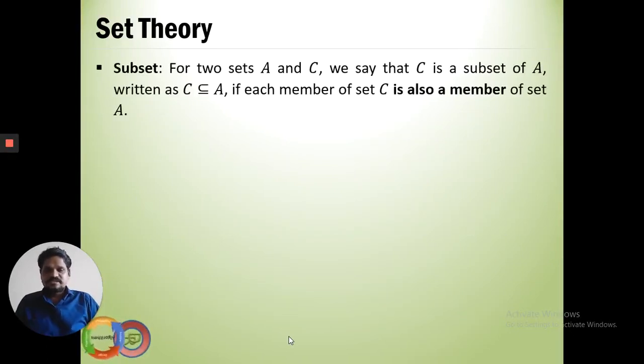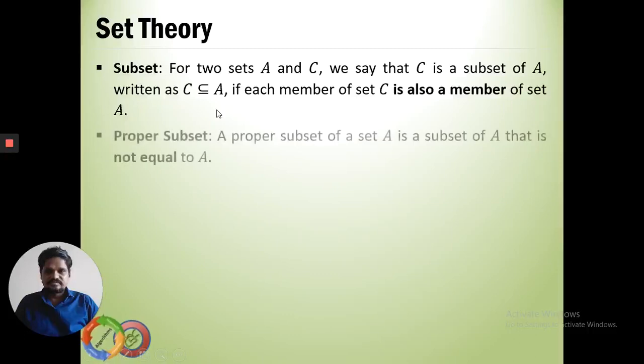Now the subsets. It is very easy to understand. In terms of the definition, you take a set and you take out some elements from it, so it is called a subset. In the very simple way, a sub part of a bigger set is a subset. Now a set itself is a subset of it. It means if I am taking all elements of a set, it is itself a set. So there is an equal to sign here, some kind of equal. So C may be equal to A even. This is the way we can define the subset.